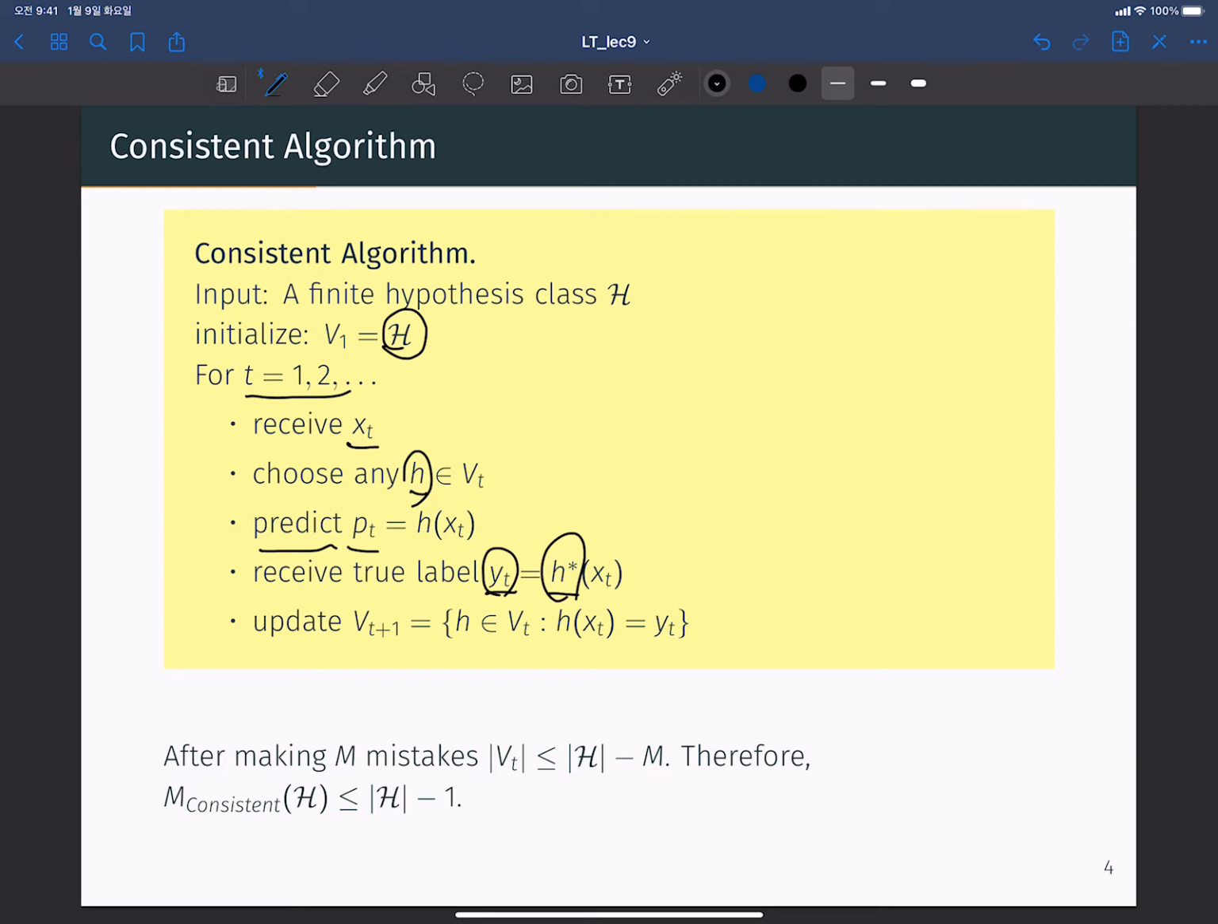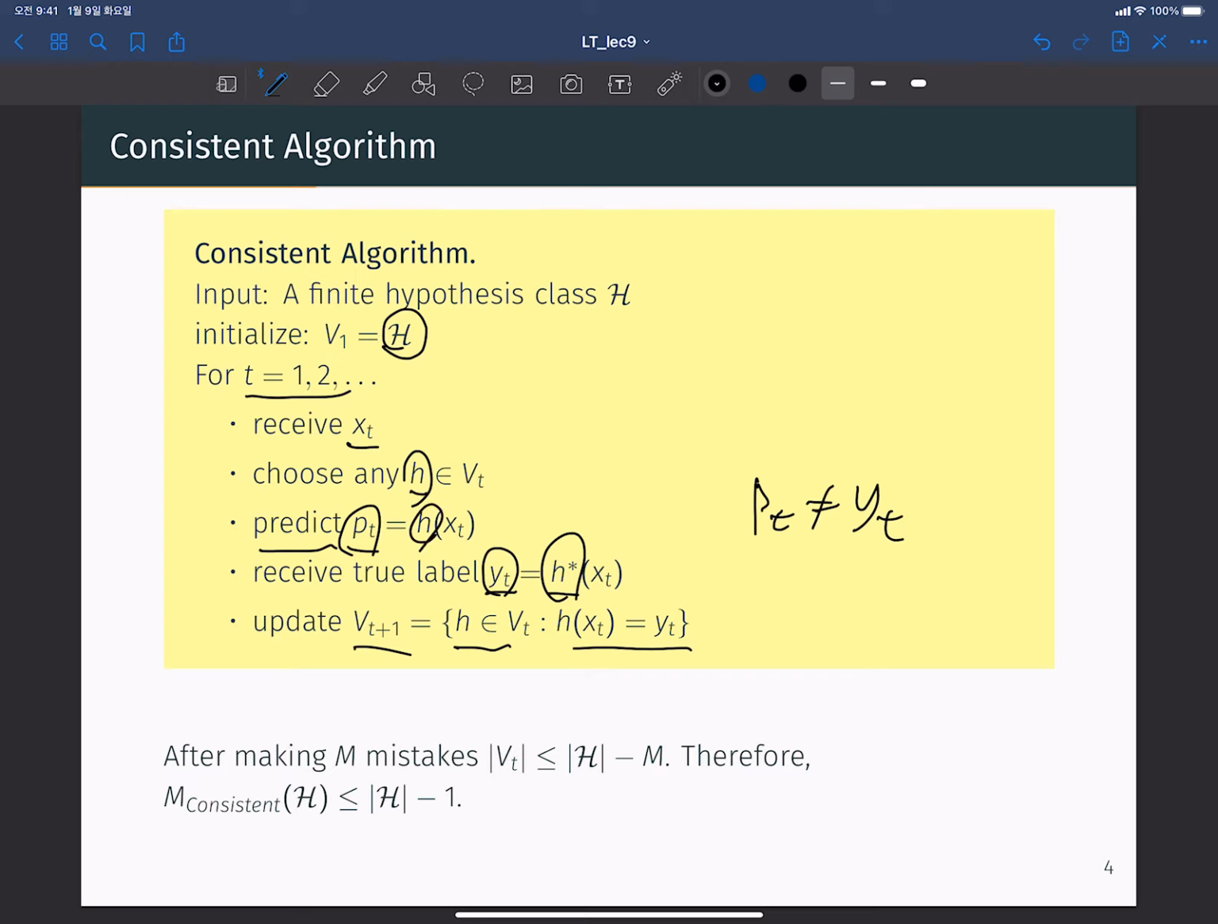Why can we update Vt plus 1? Because we know xt and yt, we can erase the hypotheses that have a different prediction from yt. So we keep only hypotheses having the same predictions as the label. So when the prediction pt is not equal to yt, we can erase at least one hypothesis, the hypothesis used